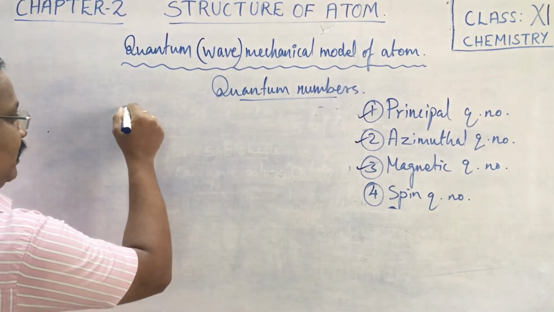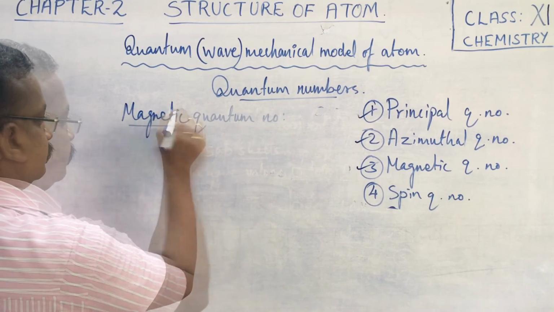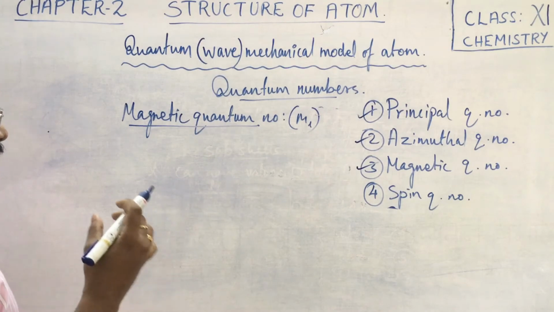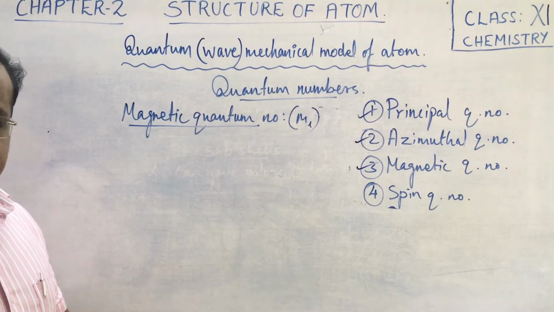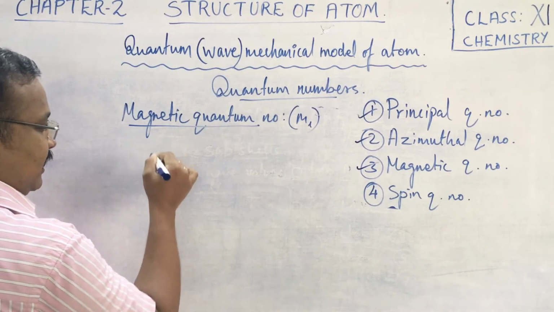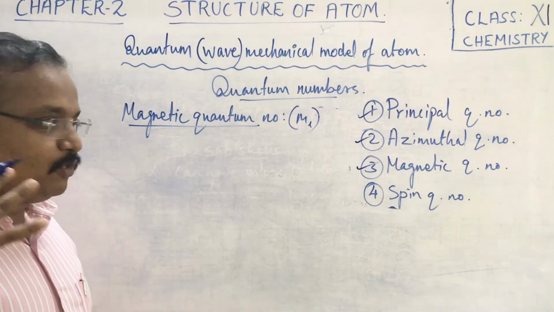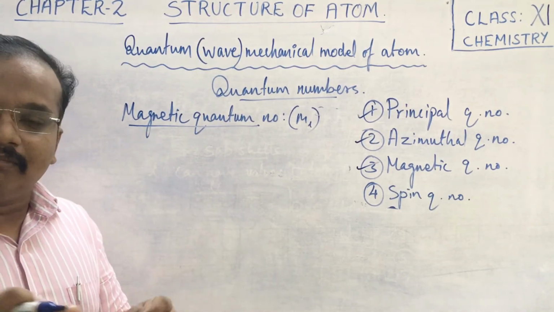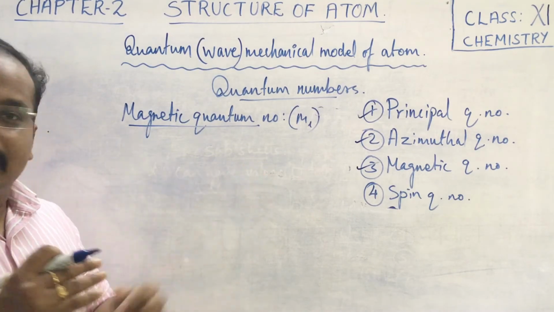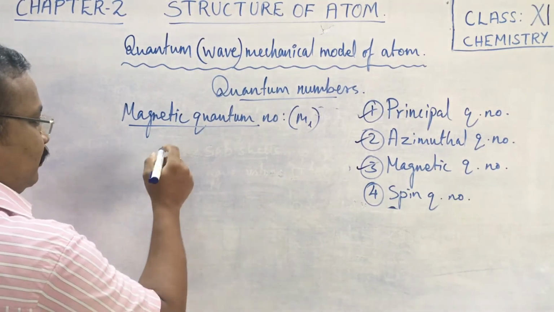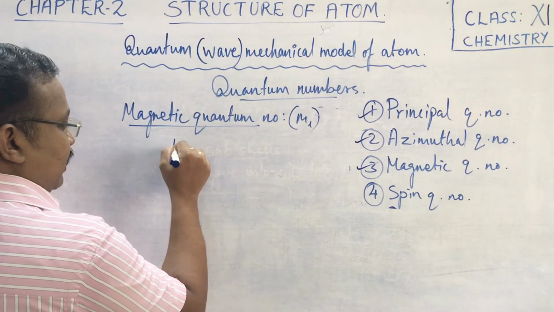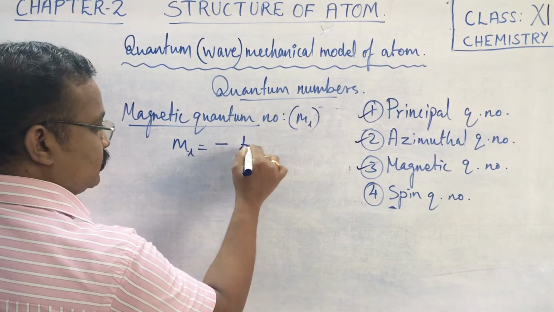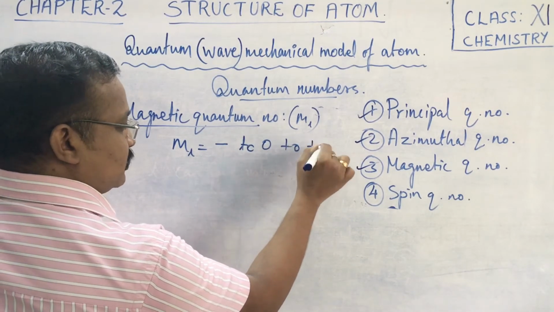According to the magnetic quantum number, expressed as ml, where it explains the number of electrons present in it. We have seen that the azimuthal quantum number depends on the n values. Like that, the magnetic quantum number depends on the azimuthal quantum number. That is, ml can have values from minus, to 0, then to plus values.